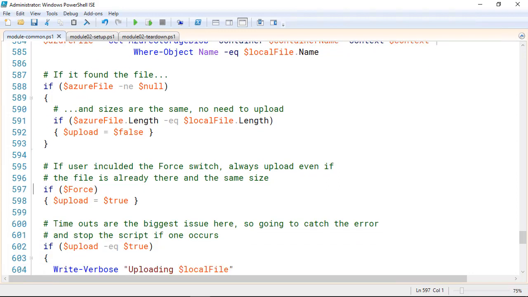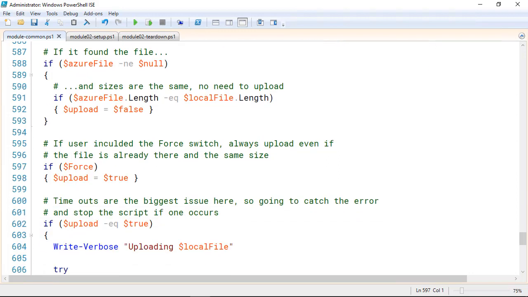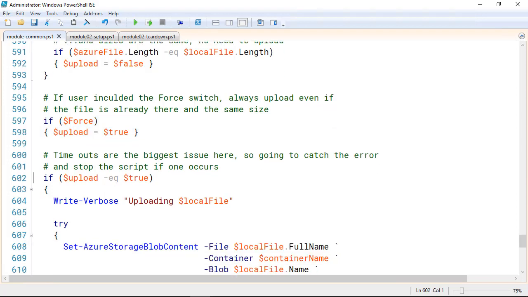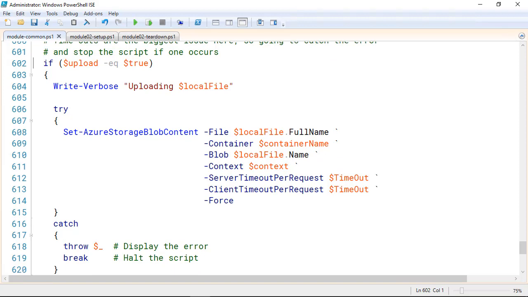We're going to see where that force flag comes into play. If the user passed the -force switch, it's going to reset that upload flag to true to force it to upload, even if it thinks they're already the same. Now comes the actual magic. We're going to come down. I said, well, if you are wanting to upload,